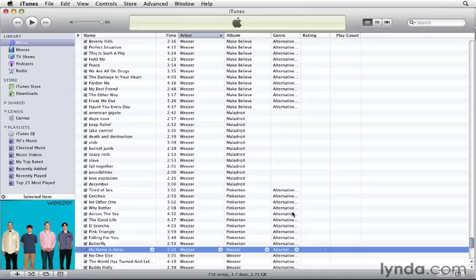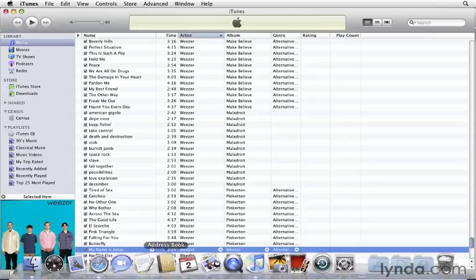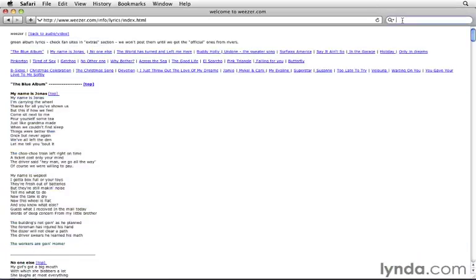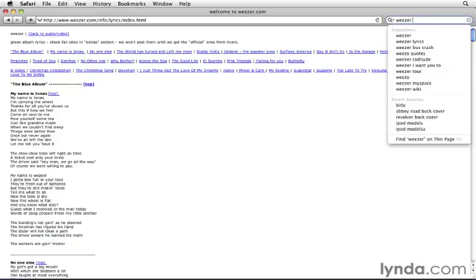Now, if the band whose song you're trying to find lyrics for hasn't posted their lyrics, there are tons of lyric sites out there on the internet. The easiest one to remember is probably lyrics.com, though it might be even easier to just Google the band name and the song name and the word lyrics. So I might search for Weezer, maybe I want their song Beverly Hills, and there's already a Google suggestion here,